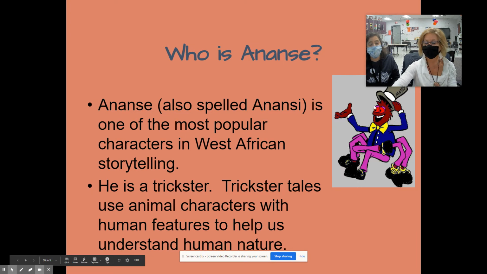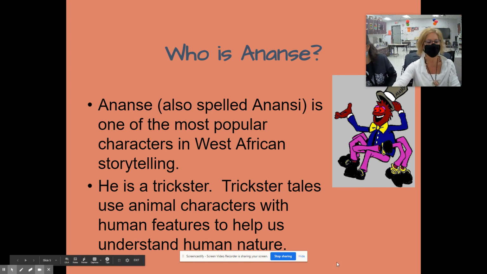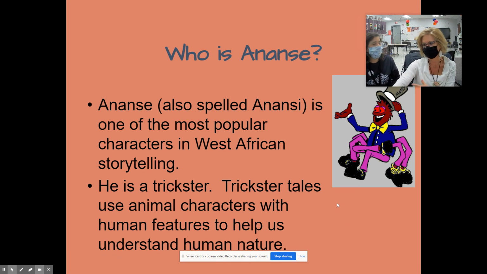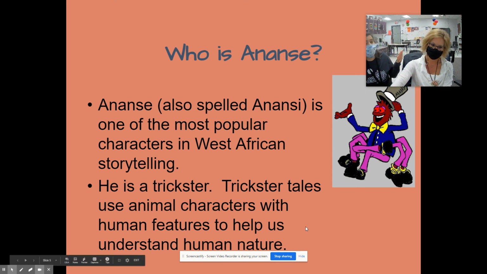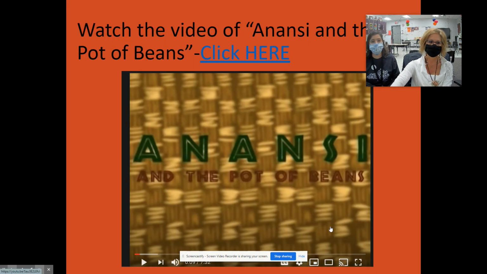I'm not even going to tell you some character traits. We're going to read some of his stories. Besides that he's tricky, we'll see what kind of character traits we can come up with for him. He's not always the same in every story, but there is a common theme of character traits for him. Just like if we read the Jeannie B. Jones story, there's going to be some similarities between the way Jeannie B. acts in every story. Same way in these stories.